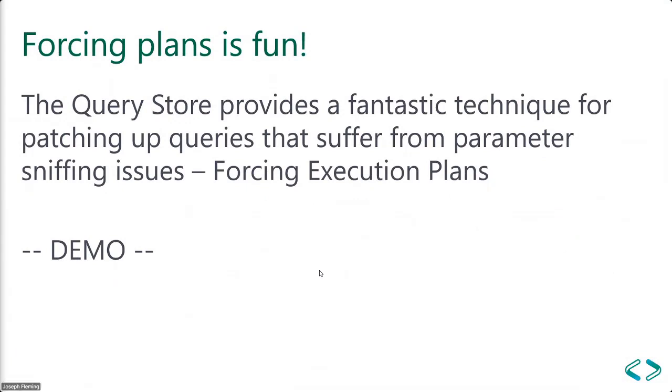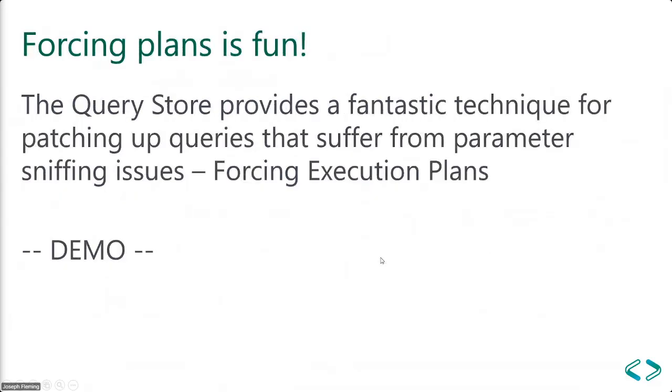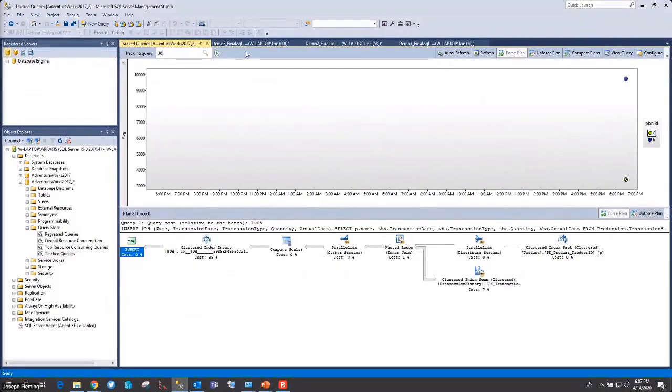As you just saw, we can use this force plan option. It's a fantastic technique for patching up queries that suffer from parameter sniffing issues. We can use this force execution plan idea to basically tell the optimizer, hey, that was a bad plan over there, let's not use that one again. Let's only use our good plans. So let me show you what that looks like in action. Oops, that jumped ahead a little. All right, so as you can see, I forced it to use this plan,